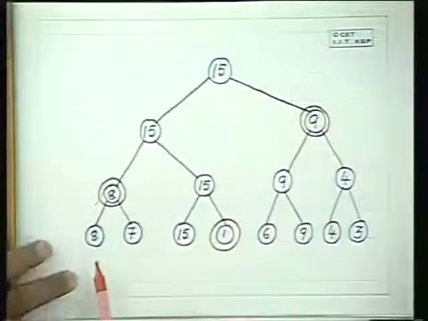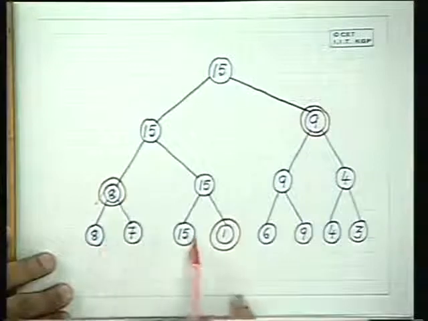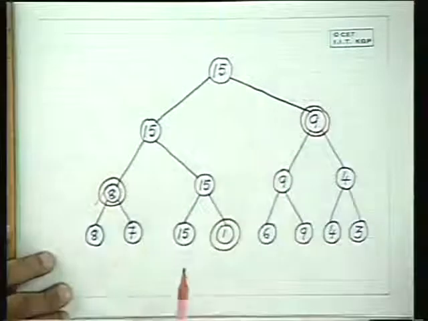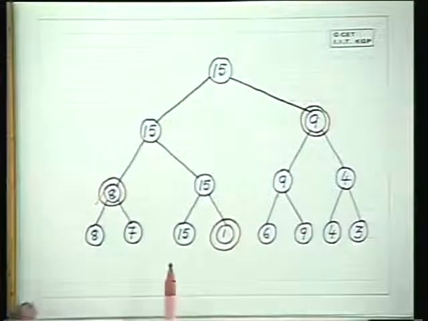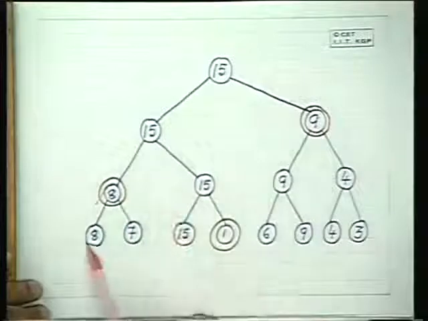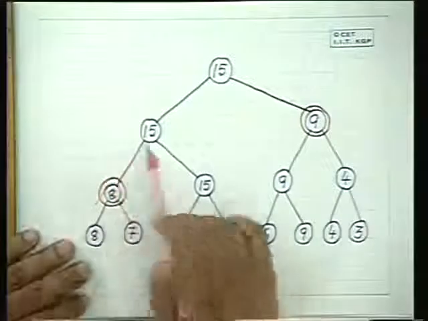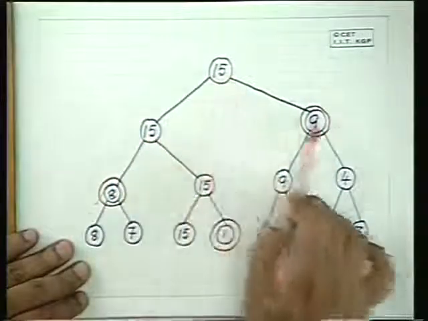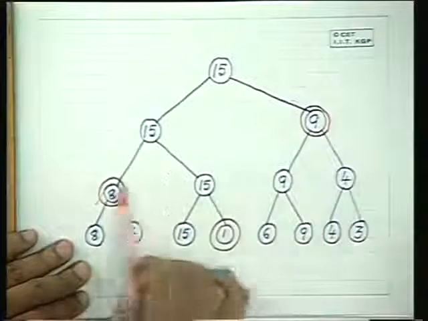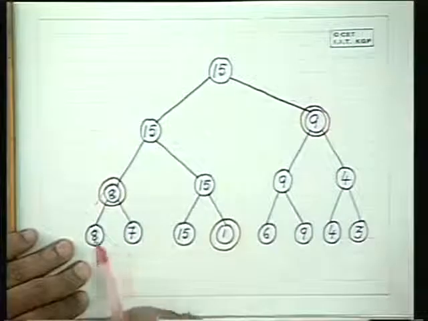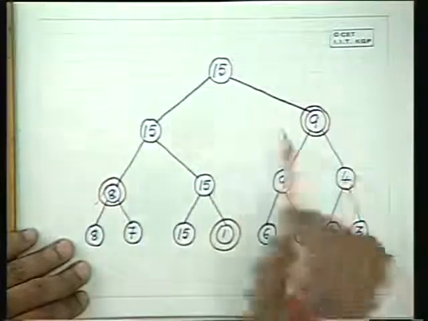There are many meanings of balanced, but for our tournament structure, let us argue it this way. If we set up pairwise comparison at the leaves and then continue to do pairwise comparison as is done in a standard tournament, you will see that if there are 2 to the power n players, like 8, for example, if there are only 2 players, then the path length will be only 1. If there are 4 players, the length of all the paths will be 2. If there are 8 players, then you can set up the tournament by playing only pairwise so that the length